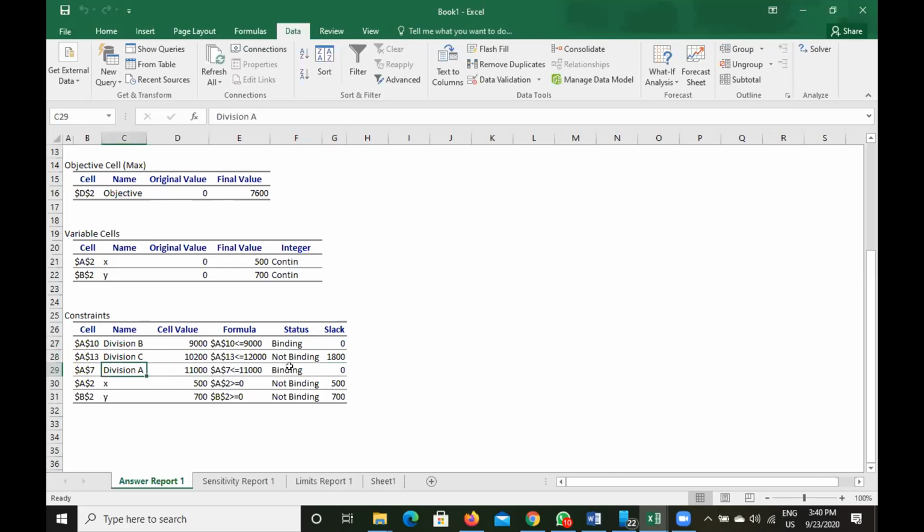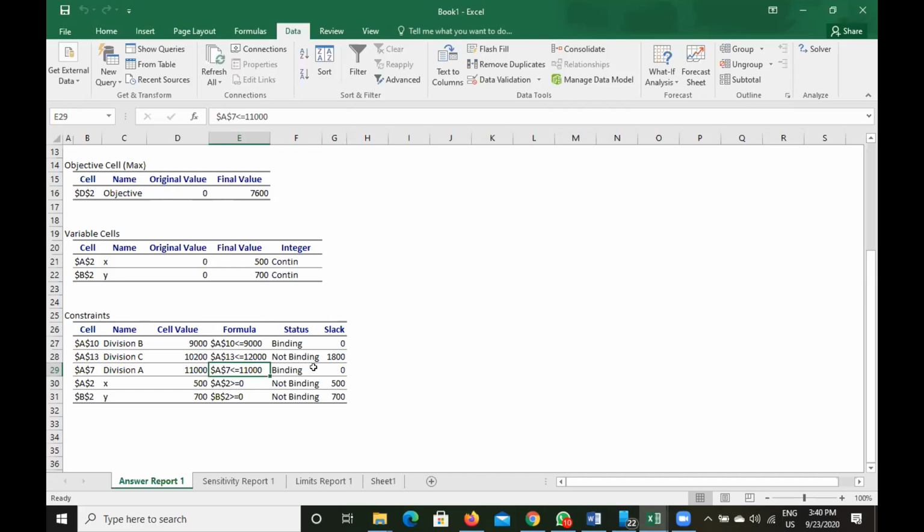Division A is also binding. Binding means critical constraint. That means if for some reason, on a particular day or week, you get less than 11,000 hours, your production will be hampered.